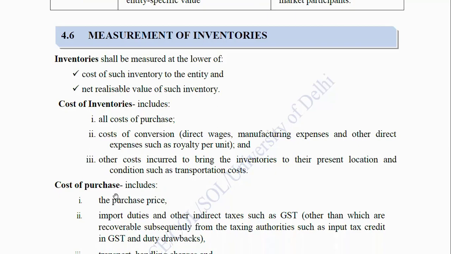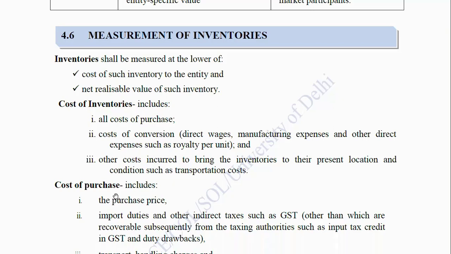4.6 Measurement of inventories. Inventories shall be measured at the lower of cost of such inventory to the entity and net realizable value of such inventory. Cost of inventories includes all costs of purchase, costs of conversion, direct wages, manufacturing expenses, and other direct expenses such as royalty per unit, and other costs incurred to bring the inventories to their present location and condition,